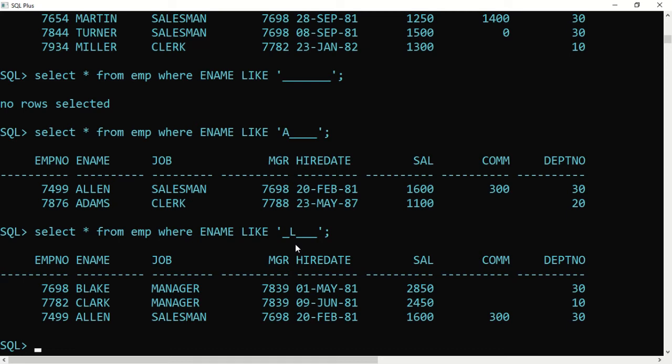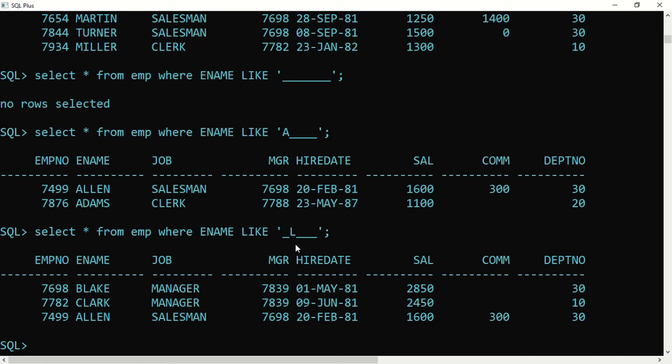But now what if a person's name is already having an underscore in it? Imagine some employee, or some condition, say a column called name status. In our EMP table we don't have such information, such type of words or contents.